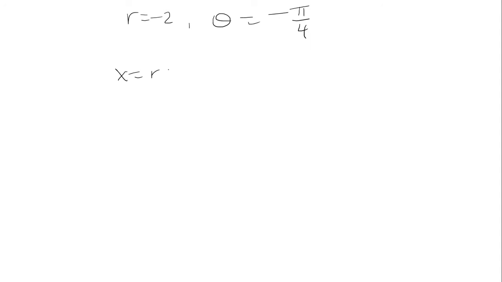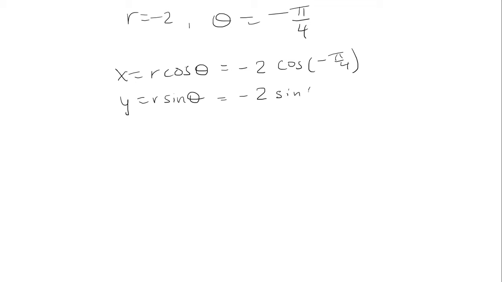So we want to use the formula x equals r cosine theta, y equals r sine theta. Plug it in. R is -2, theta is -pi/4. Same thing with r sine theta. So cosine of -pi/4 is the same thing as cosine of pi/4, which is √2/2. And then we're just going to multiply it by -2. So we have the bottom -2, and then sine of -pi/4 is the same thing as negative sine of pi/4,